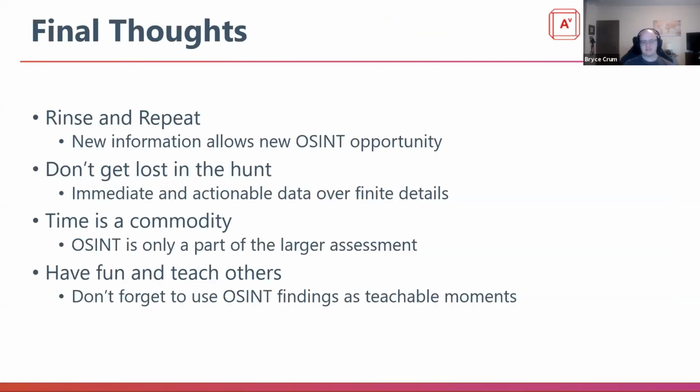So some quick final thoughts, kind of wrapping up here. This is a rinse and repeat methodology, right? Take this and kind of apply, I believe the original name was the OODA loop, from a military reference. Take that observation, orientation, make a decision, and then act upon it, right? And you're going to be progressing that throughout this open source intelligence process. Once you've found your way through the external and onto the internal network, this isn't over necessarily. As you find new services, as you find new users, as you find whatever, you can rinse and repeat this process to find more information.